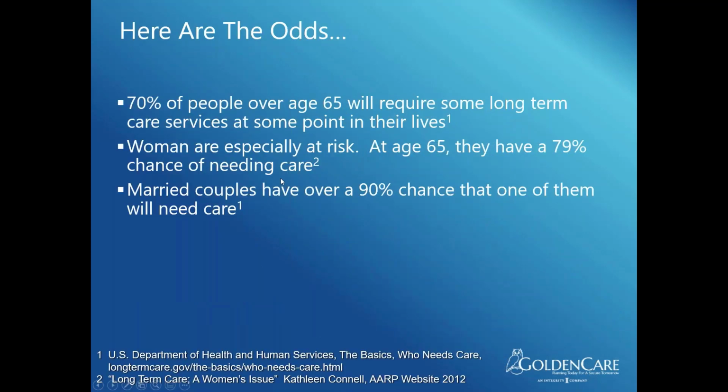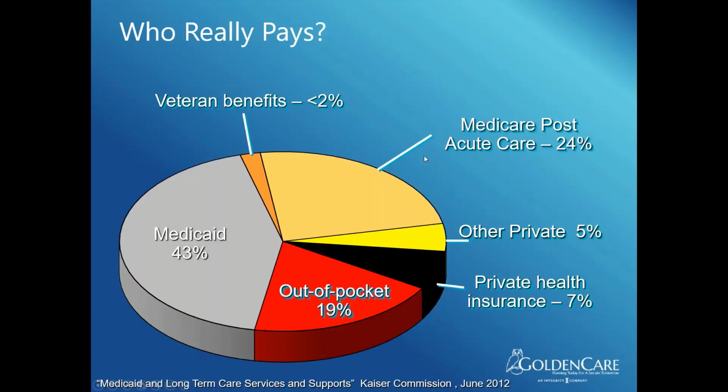So we got your odds, your costs, and then who's going to pay for this? Again, this is a misconception that the government's going to take care of me. Well, in reality, right now, 43% of people are being paid for by the government because they didn't plan, right? But there's still 1 out of 5 people paying out of pocket, or the private health. You say 1 in 4. A quarter of people either have the funds to pay for it themselves or they bought the insurance.